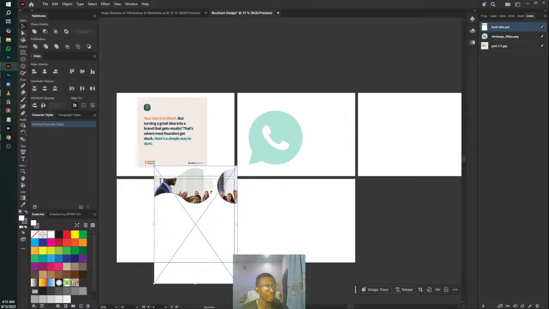If I link it, Illustrator keeps it as a live connection to my Photoshop file. That means if I update the file in Photoshop, it automatically updates here in Illustrator. If I embed it, Illustrator takes a snapshot of that file and stores it inside the AI file. Now, when we want to save this work,